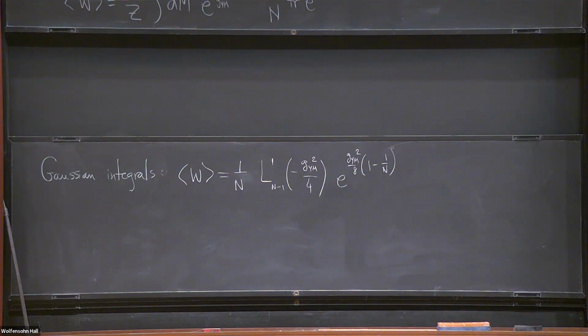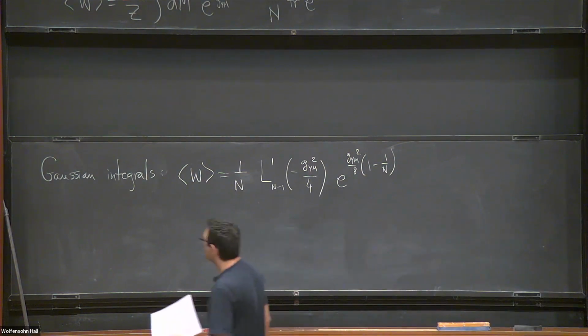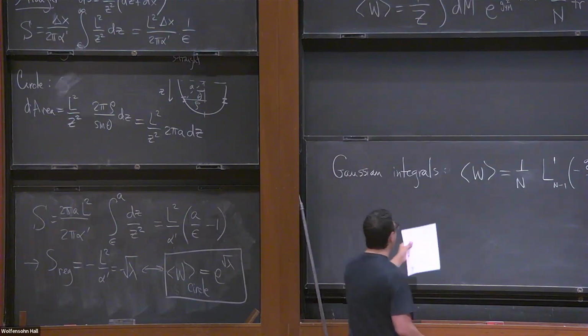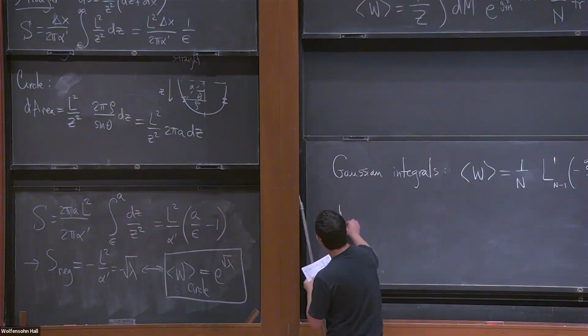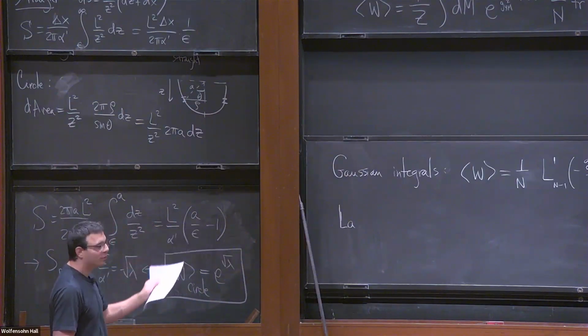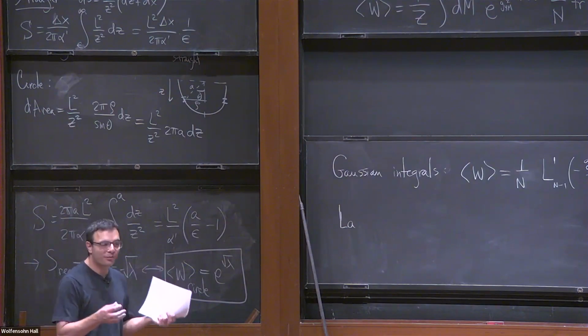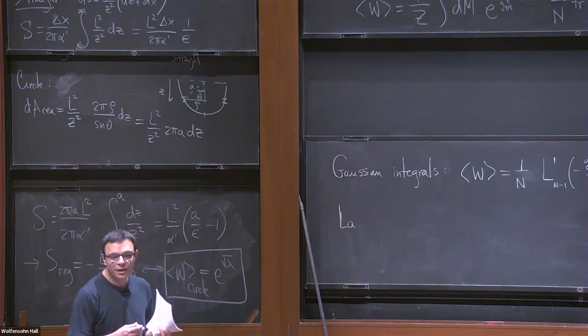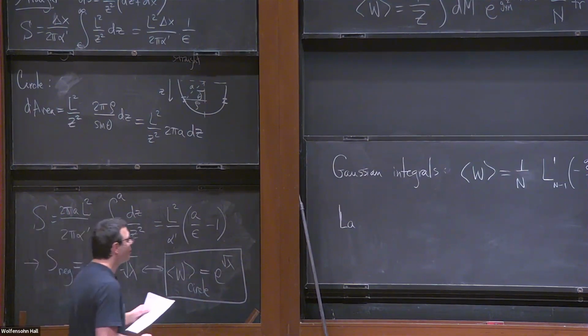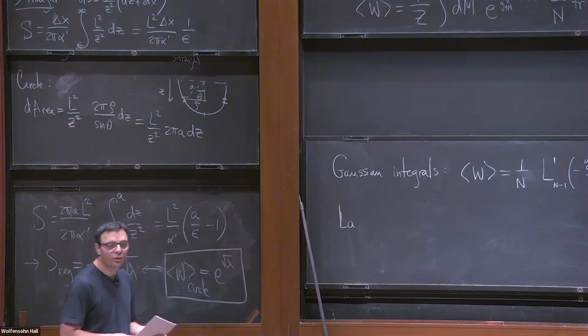This is the exact answer, all g Yang-Mills, all N. One can check it at weak coupling, that it works. One can check it at strong coupling. How do we check it at strong coupling? At strong coupling, we should get that the expectation value is approximately e to the square root of lambda. How do we get that? Well, one can approximate this formula. This is the full answer, all N, all g Yang-Mills. That's why supersymmetry is so powerful. It allows you to compute some quantities even in a strongly coupled theory, at moderate coupling, you don't have to take any limits. You can figure out some answers at all g Yang-Mills, all